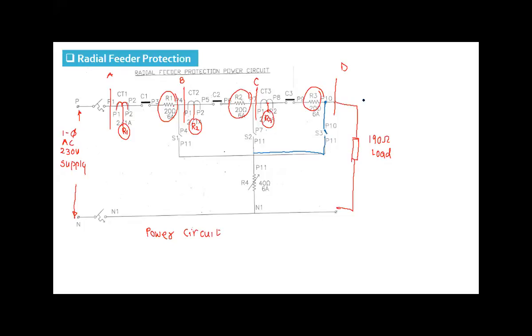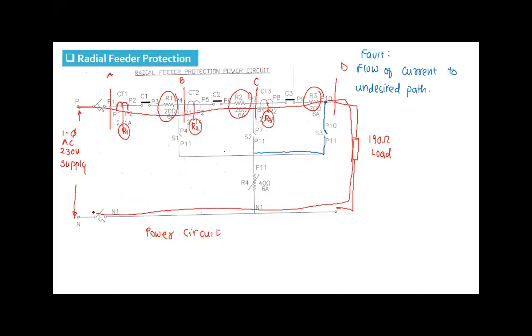So, what is a fault? Flow of current to undesired path. What is desired path? Desired path is from source to load. So actual current should flow like this. Here is source, and through the transmission line that we consider is a return path. This is actual current should flow in the circuit. Fault means it will have another path to flow, and that is what we are going to do with the